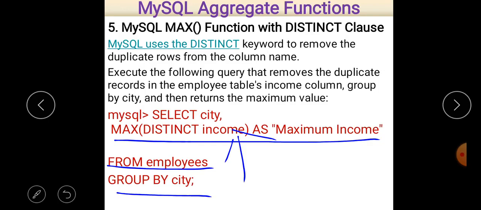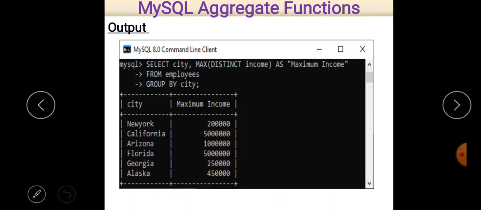So select city, max distinct income as maximum income from employees group by city. So we form a group on the basis of city, and the table name is employees here, and we take two columns, city and maximum income, but we take distinct income here, meaning no repetition will be there in case of income. So after the execution you can see here that is the output.